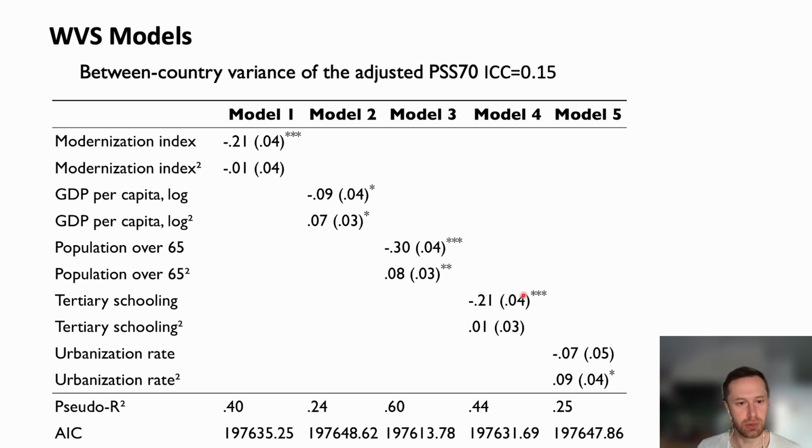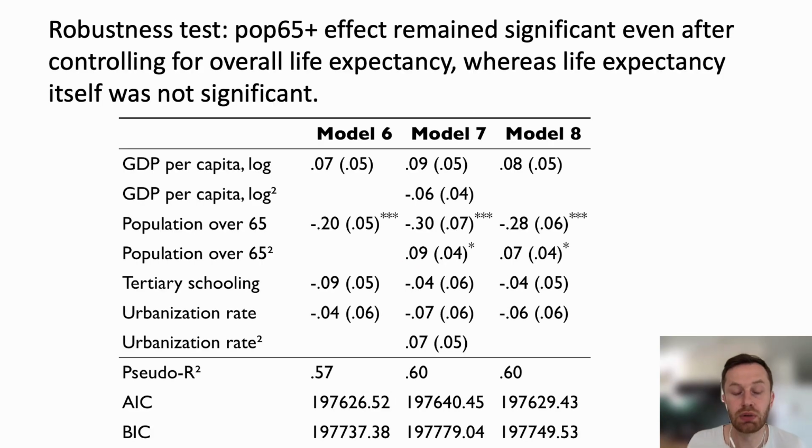from tertiary schooling. We also included the squares of these predictors into the model to test the curvilinear relations between modernization and status of older people. And we can see that it was not significant for general modernization index and only barely significant for two of its components, but quite significant for population over 65. And the population over 65 explains 60% of the variance of the social status of older people,